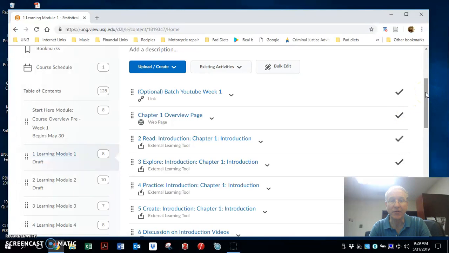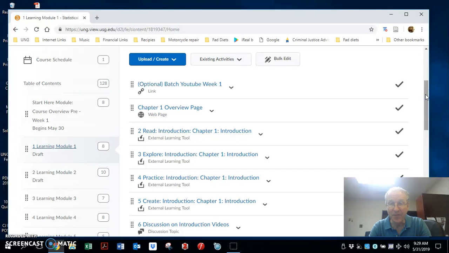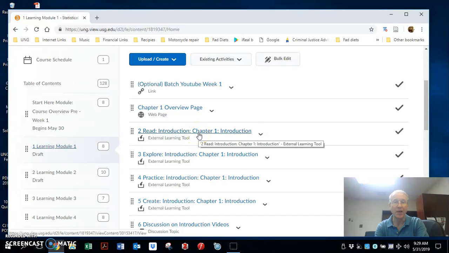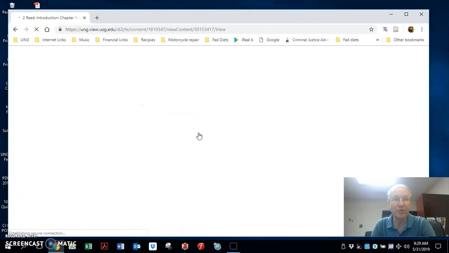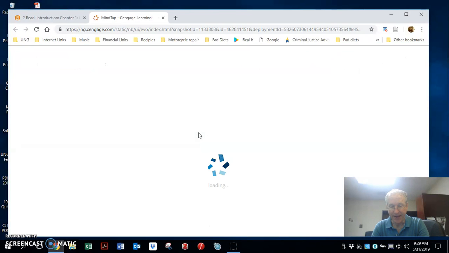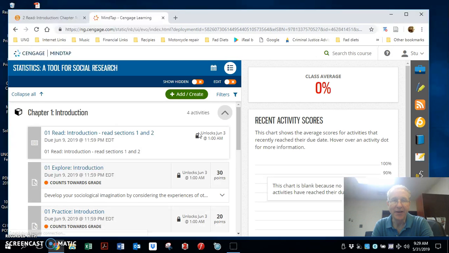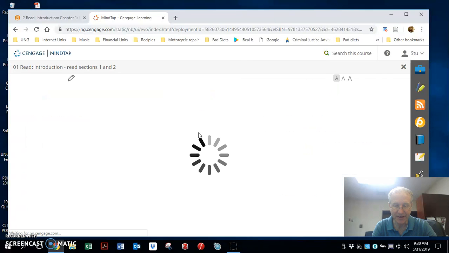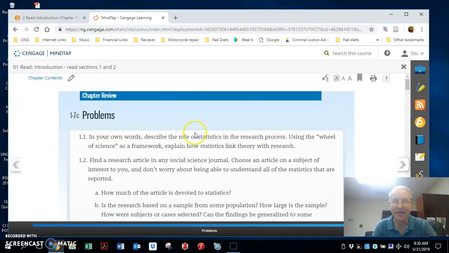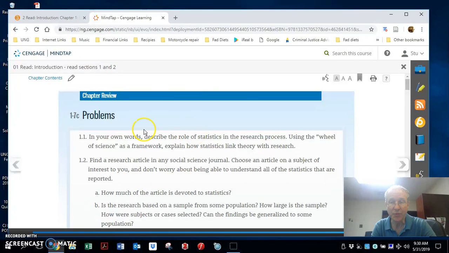The work of the semester is delivered to us in D2L via MindTap, Cengage MindTap. And to get yourself set up into a Cengage MindTap thing, what you do is you just click on the first assignment that you're going to be reading the introduction for, and that will direct you to a window that is Cengage's MindTap whole operation that you probably have to pay for. Meaning this is your textbook. This is just what you're going to be doing, an exercise in the textbooks. So the first assignment is to read. That's task number 2 of the semester, is to read the situation there,